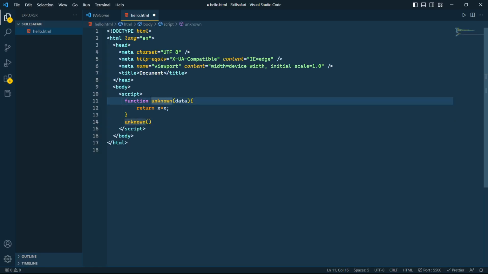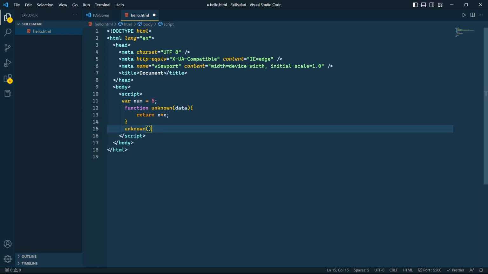Now let's first define the data type, where num equals 5. And I want to pass this from here.